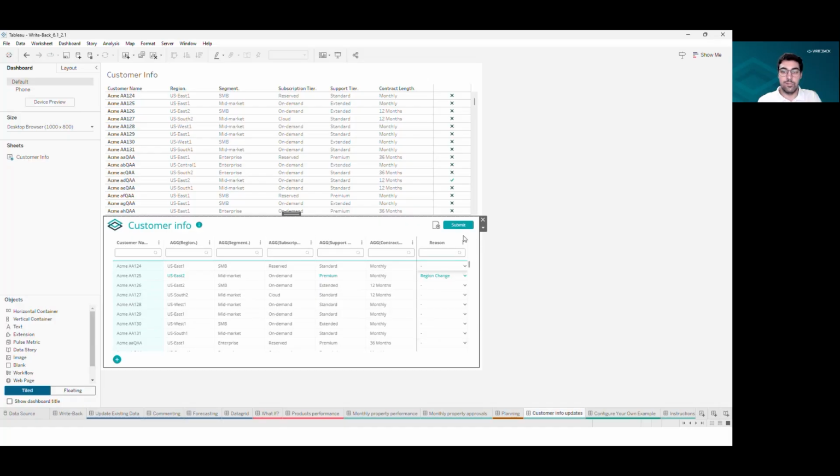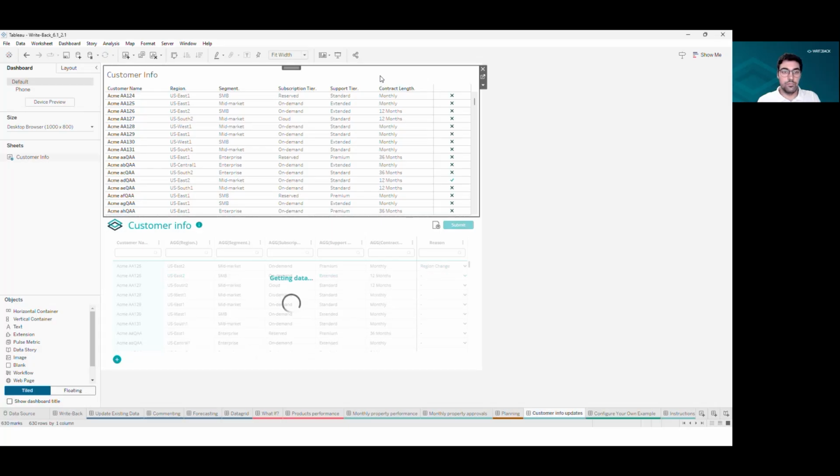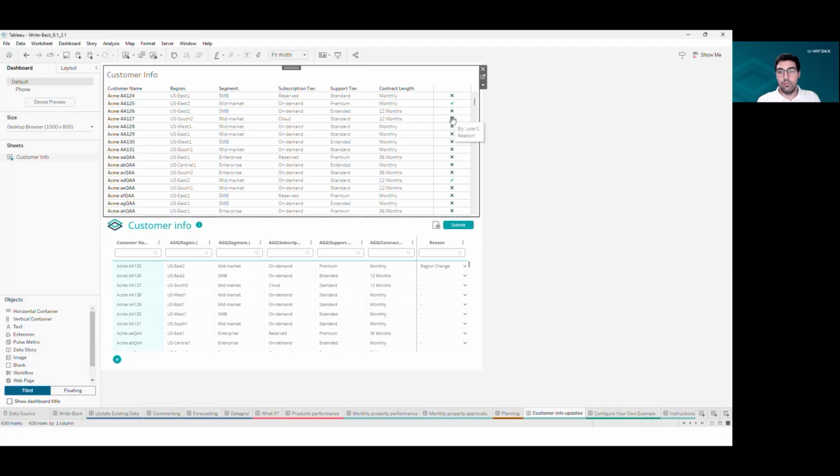So now I can just click on submit, and I'll refresh my source data over here. Once this is done, for customer 125, I should see the region change over here to 2, and now the support tier is set to premium. And these may not be necessary depending, of course, on your needs, but I created just a little indication to understand if